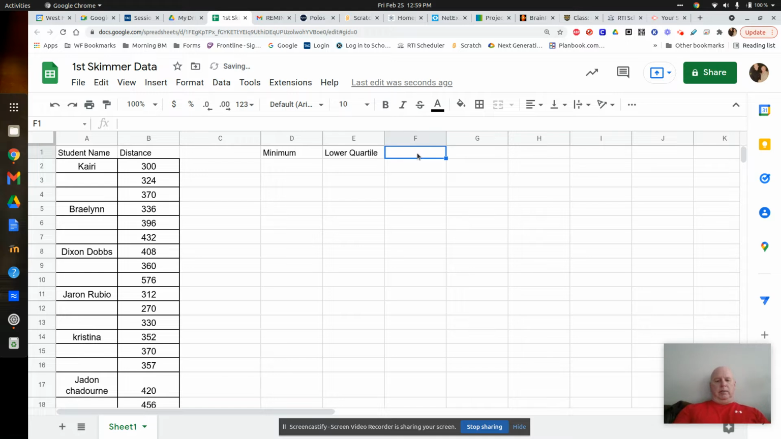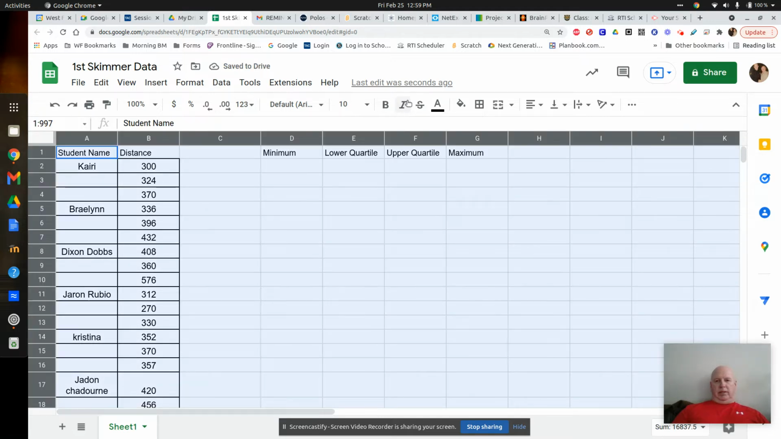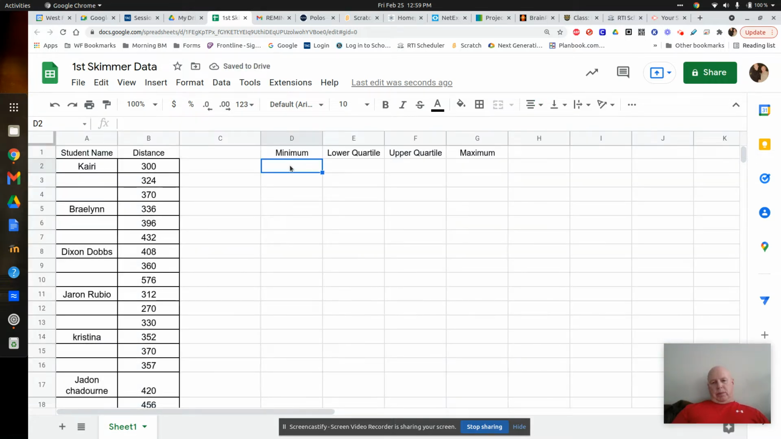So over here, next to lower quartile, we're going to write upper quartile. And then we're going to write maximum. Who was that group of people that made their max? That shot their skimmers the furthest. All right, so I'm real particular about everything being centered. So I'm going to put it in the center like that. All right, so once I have this,